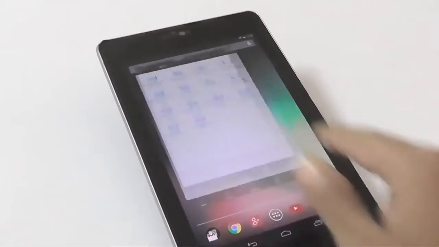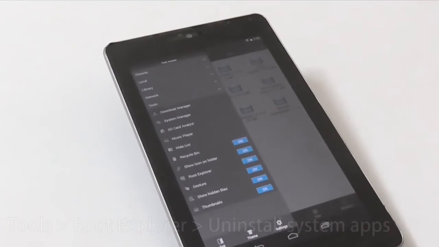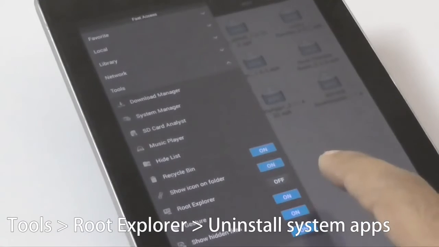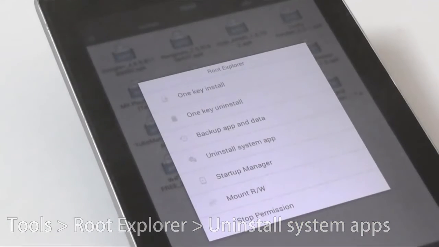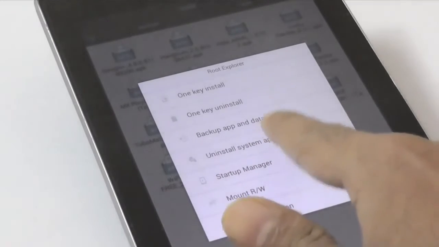So to do this trick, open up the ES File Explorer, and before we start you should know that you will need root access to do this trick. Since my device is already rooted, I will turn on the Root Explorer and then tap on the name of Root Explorer. It will bring down a new pop-up box with a list of options. Since we are interested only in uninstalling system apps, I will tap on that and it will present me with a list of all the system apps installed on this device.